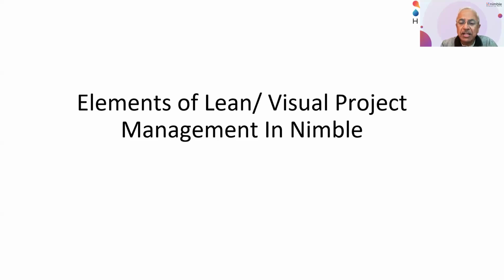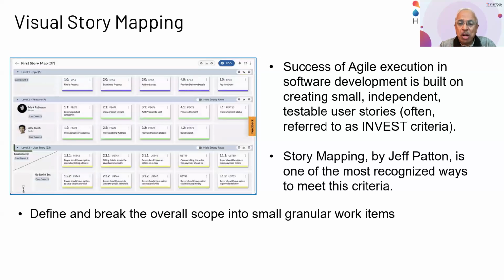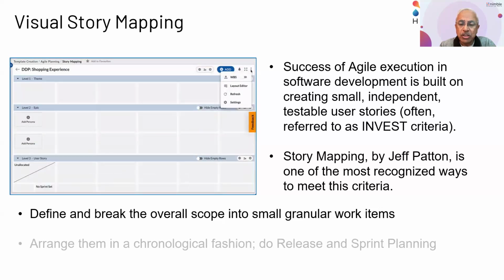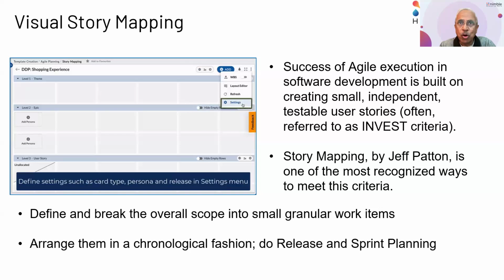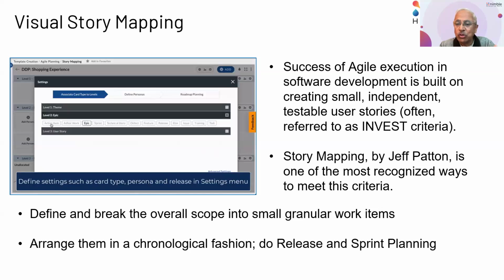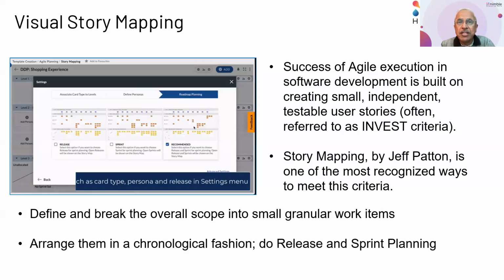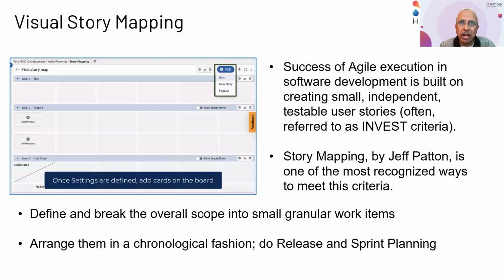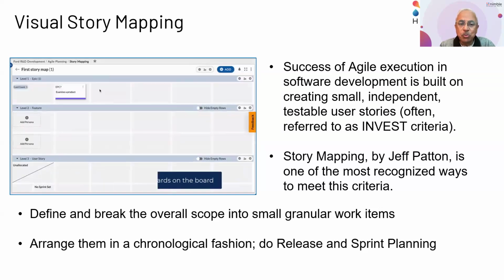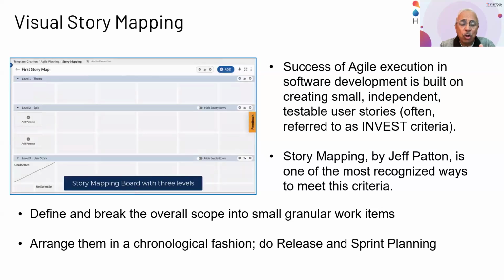So the very first one in that is where we implemented this is visual story mapping. So story mapping as a principle, as a process for breaking down your overall product scope and helping define user stories which follow the INVEST criteria of being small, independent, testable user stories. This is the key principle of any kind of an agile environment where you follow the Scrum method in particular. Story mapping was introduced by Jeff Patton, and it has become a very popular tool, although perhaps